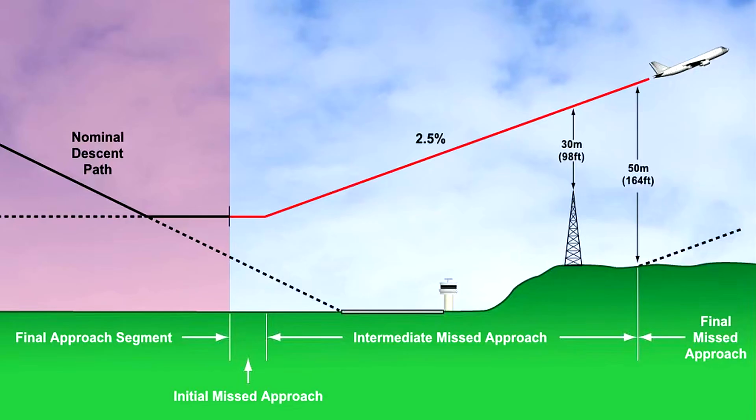The missed approach is assumed to be initiated no lower than the decision height or altitude in a precision approach, or at a specified point in a non-precision procedure, not lower than minimum descent height or altitude. The MAPt in a procedure is defined as the point of intersection of the glide path with the applicable DA or H, and a navigational facility or fix, or at a specified distance from the FAF.